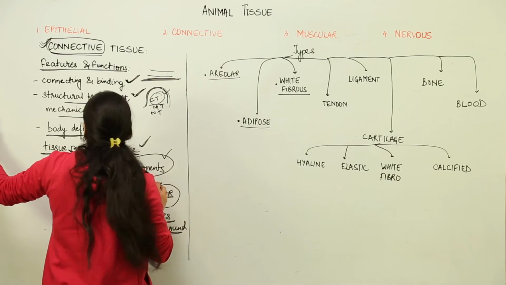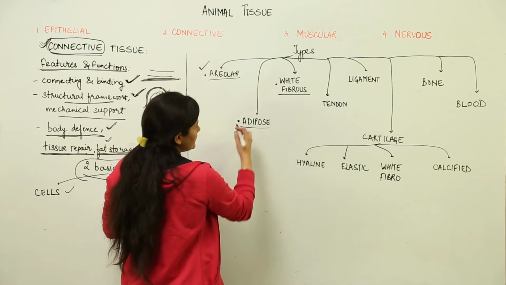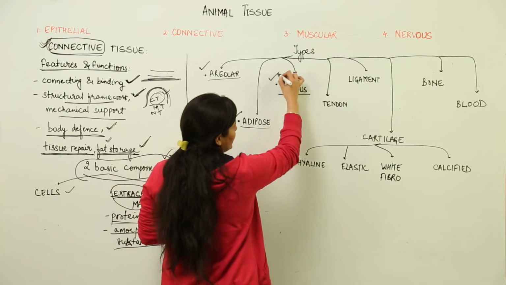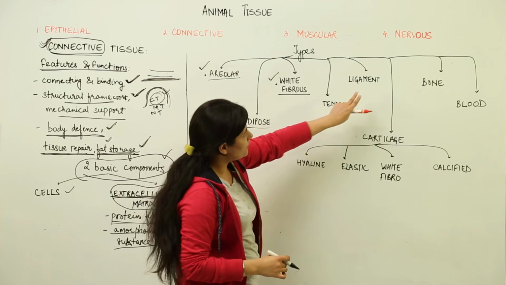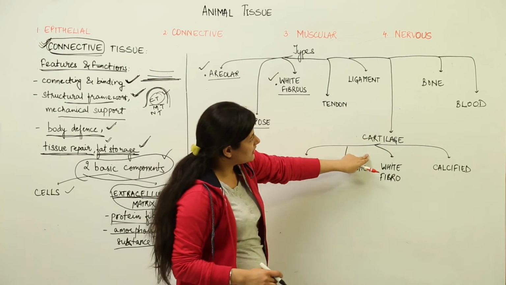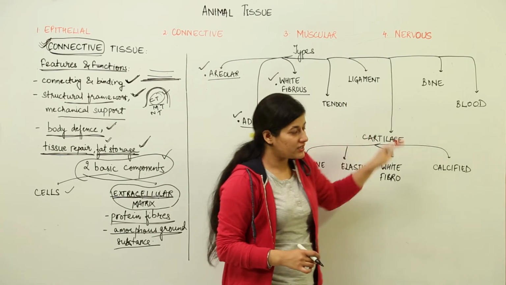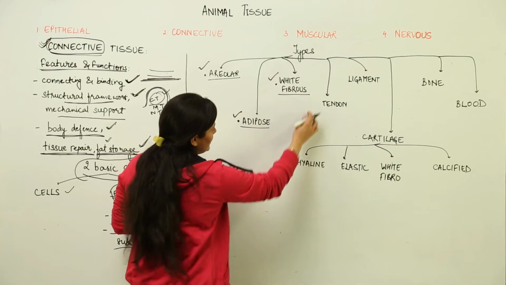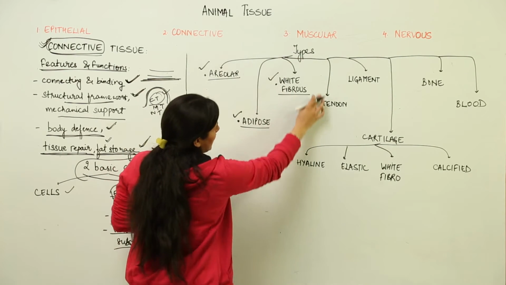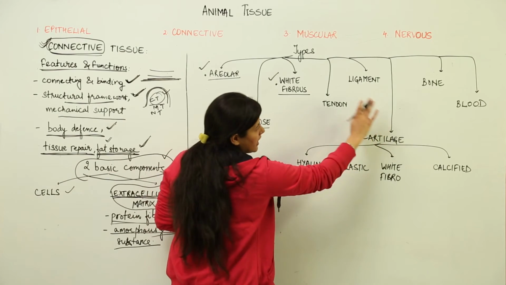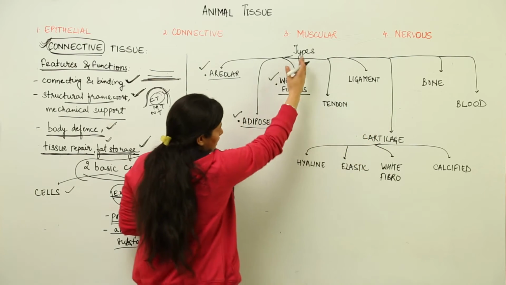Now what are the types? First one is areolar, second is adipose, third is white fibrous, fourth is tendon, fifth is ligament, then we have cartilage, bone and blood. In this lesson we are going to take into account these three, because these three are somewhat similar and the rest ones have some similar specifications. Now these three,